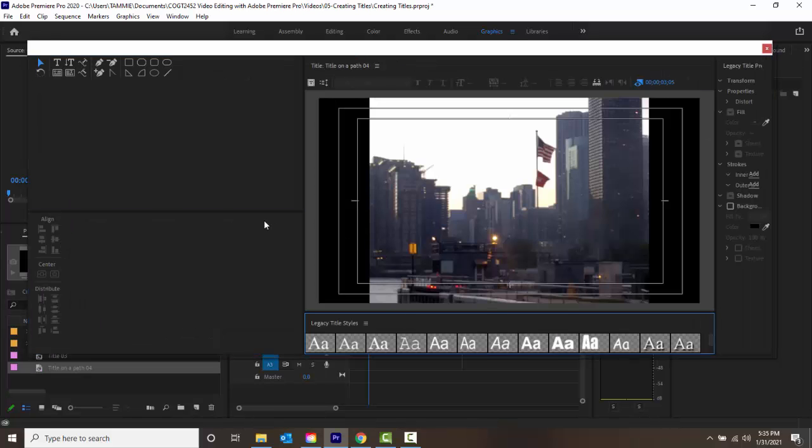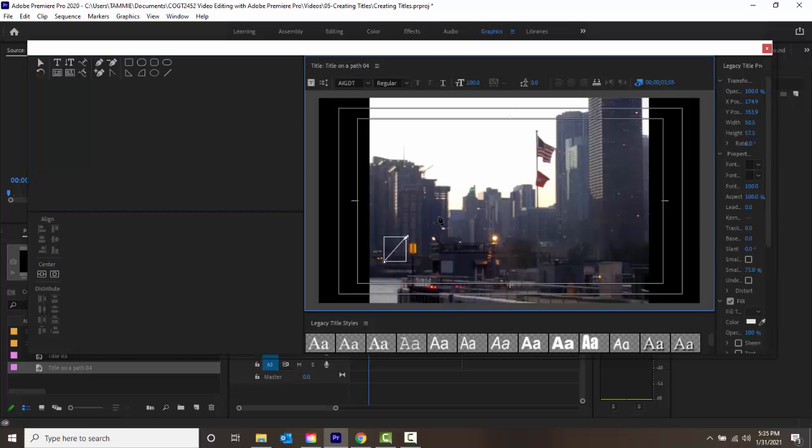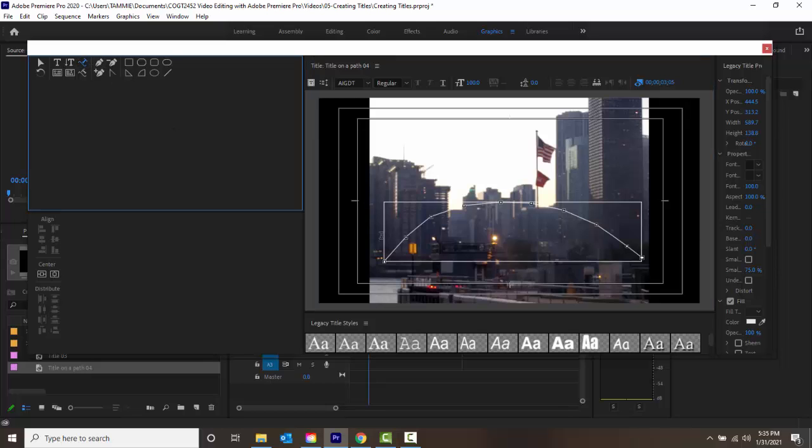All right. And now I want to come up here and choose my path type tool. I'm going to come down in here and I get this little ink pen. I'm going to click, click, click, click, click, click, click, click, and click. Now, what I want to do is go back up and choose my path type tool, and